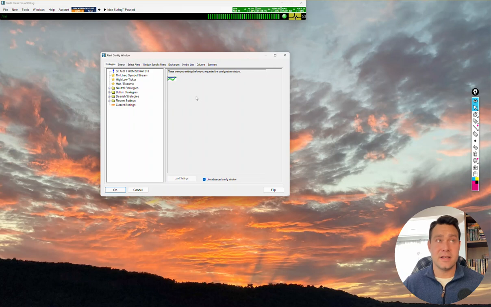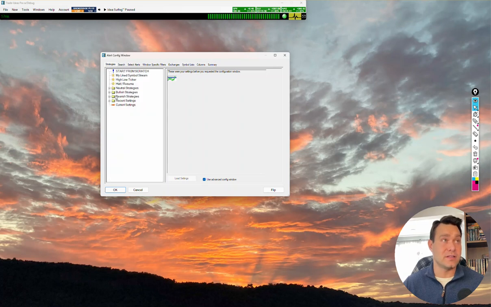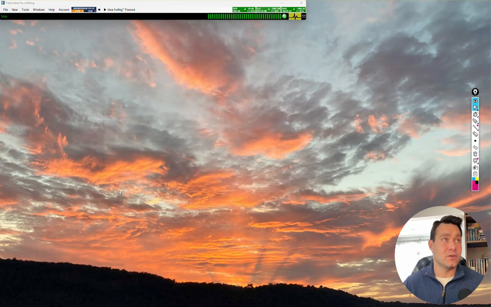Inside the strategies here, you're going to see different things that are inside the configure window already. There are also some different pre-configured items you can find in here, and if you've been working on something recently, maybe you want to get back to working on it but you hadn't saved it, you may find it under some of your recent settings as well. So a number of things that you can do in here. If we were to go ahead and press OK on what we've done so far,